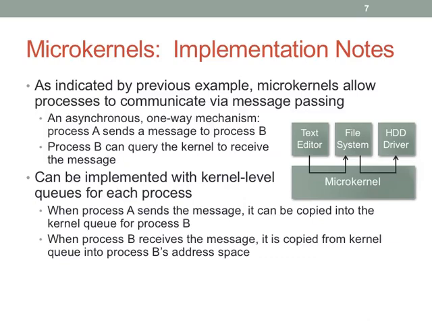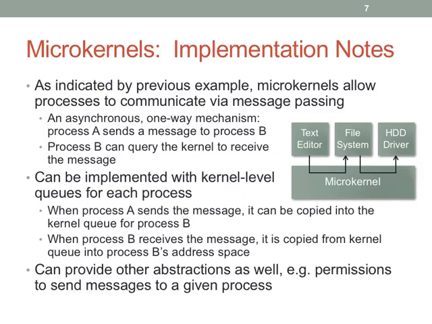Historically, there would be kernel-level queues. That turns out to be kind of the most expensive way, but you imagine the text editor sends a message to the microkernel. Well, until the file system process actually asks for that message, where's it supposed to be? Where's it supposed to go? Well, the kernel kind of has to hang on to it. So the kernel can have a queue and queue up these various messages. And then when a process asks for, what messages do I have, the kernel can hand them back. Okay? So a very simple abstraction. But you can imagine that the implementation details can get pretty costly.